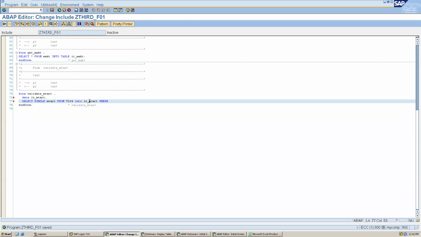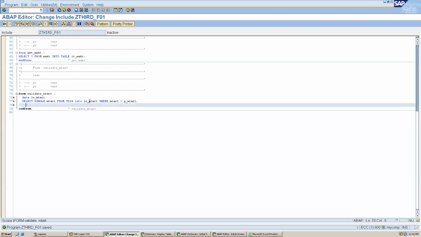Give me a second. Mtart equals to p_mtrt, whatever input we will give. And how can we check whether data has come or not? sy-subrc equals to 0, or not equals to 0.